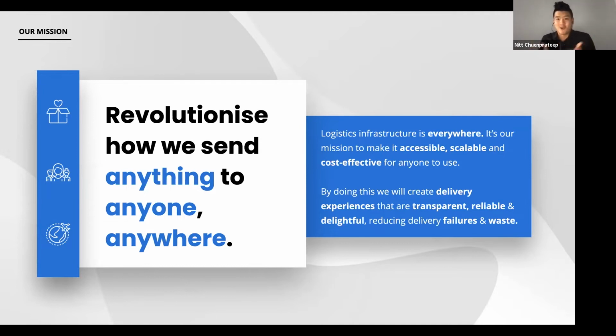So essentially we serve as a conduit to assist you in picking the best couriers that are accessible, scalable, and cost effective. We also have lots of enhancements on top of the standard delivery experience. We send notifications that say when your package is on the way. If you have 5 different couriers sending 5 different parcels to different states, we're able to compile all of those consignments and show you the statuses all at once, so you know exactly where everything is. That way we can create experiences for our customers that make people want to shop with you again. And that's really the whole point.